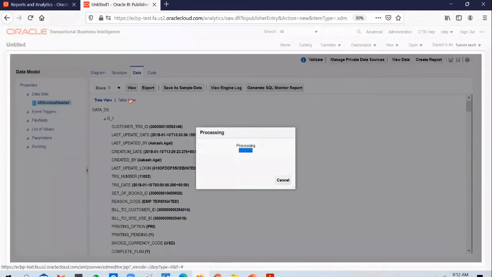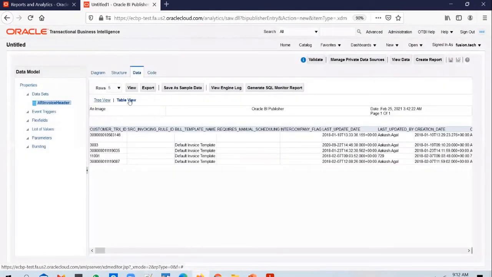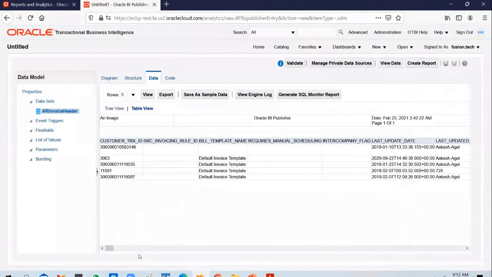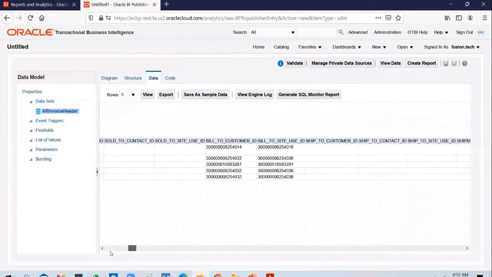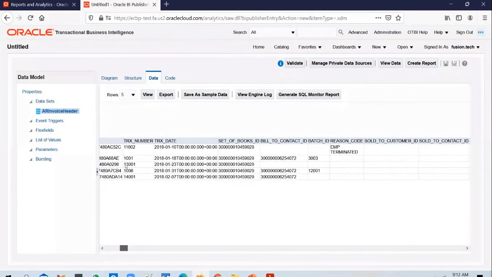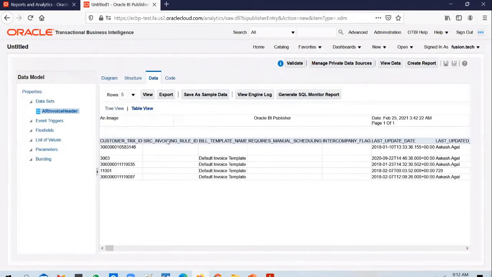So click on view and go to table view, because tree view, most of us wouldn't be comfortable with it. So click on table view. And when you click on table view, you will be able to see the information in a tabular format. And what do you see in there? So if I scroll to the right, I could see transaction numbers in there, and I can see a transaction date. So this table looks like it is a table that contains AR invoices information, right?